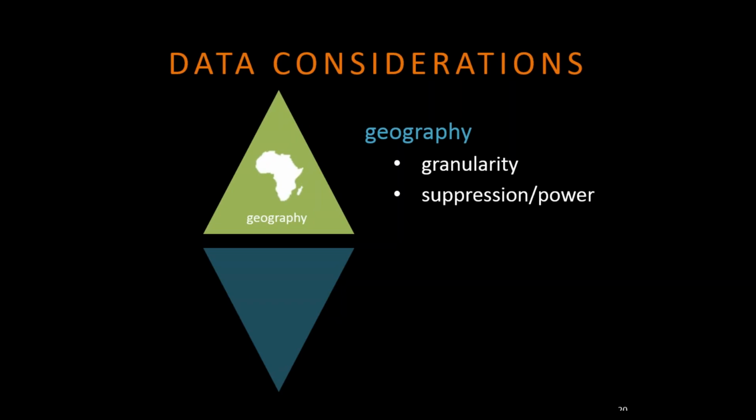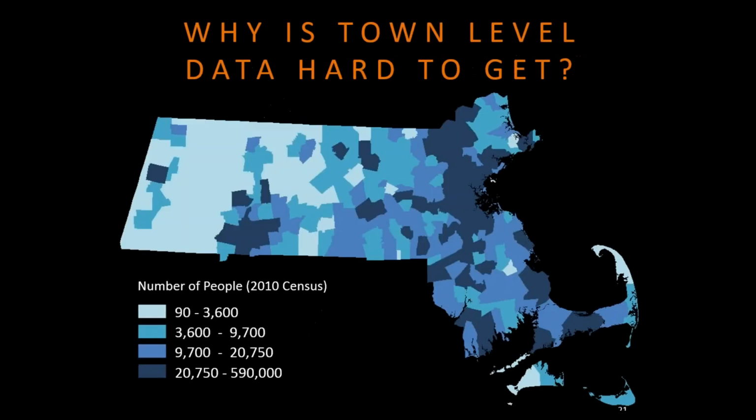And sometimes when you go to the Department of Public Health or another website, you see that your particular town might be suppressed. You'll see the phrase suppressed. And that just means that there's no data for that town. And I know that this is a huge problem across the state because there's a real thirst for more information at a town level. But the reason for that is because some data sources really were never intended to be